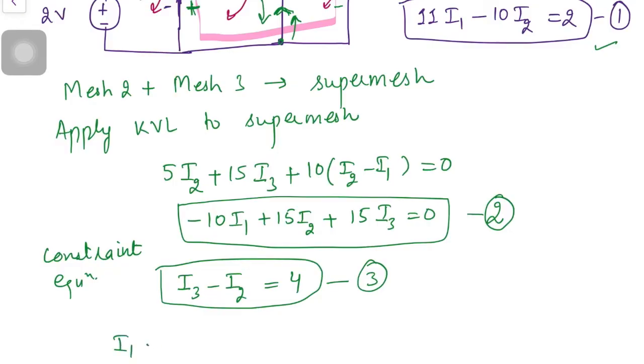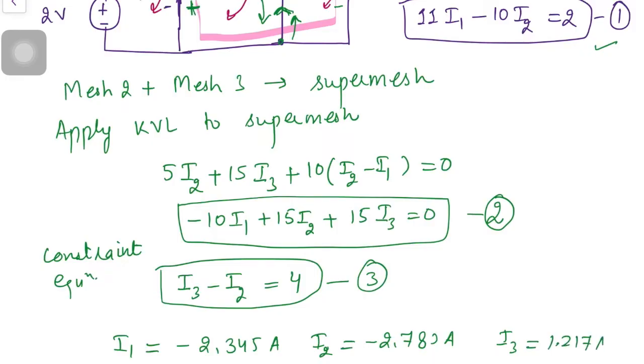So which will give us the value of I1 as minus 2.345 ampere, I2 minus 2.783 ampere, I3 1.217 ampere. So the question was, we have to find out the current through